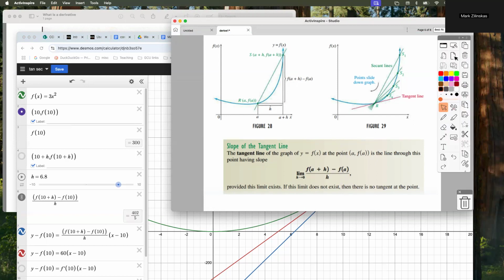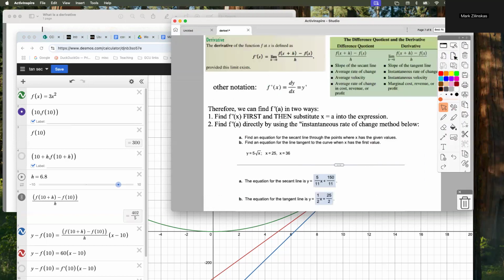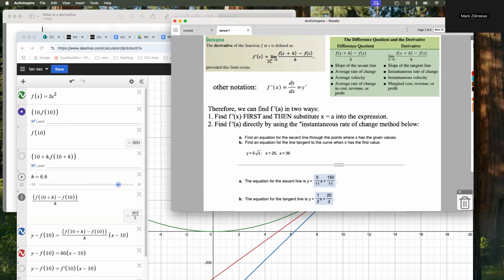And what we do with that then is say, well, let's just have a general function and not have a particular point A, but let's let x be a variable. And so now we're going to call that a derivative, f prime of x, okay? So where this is coming from, again, is the slope of a secant. We take the limit as h approaches 0 and say that's the instantaneous rate